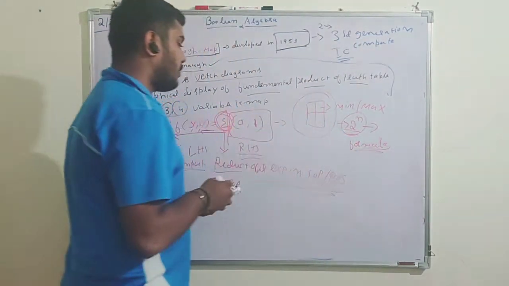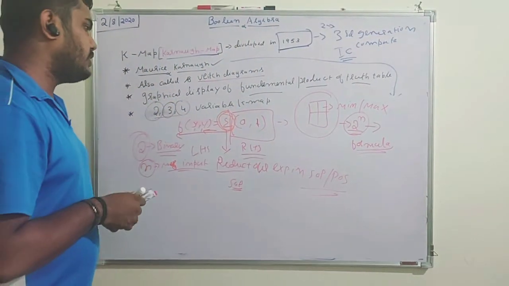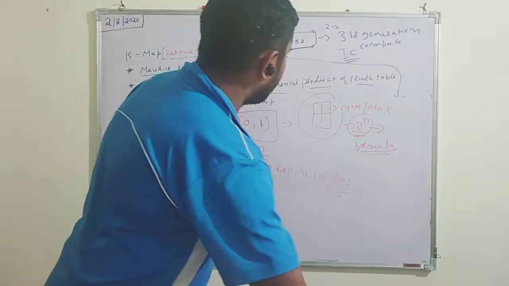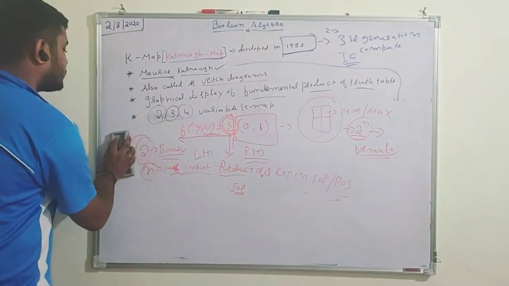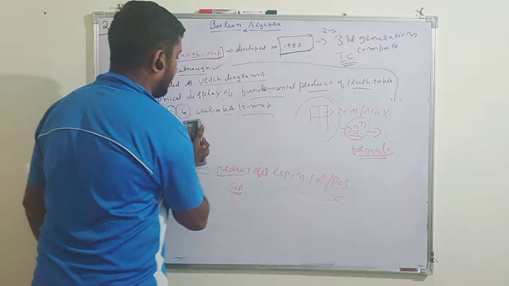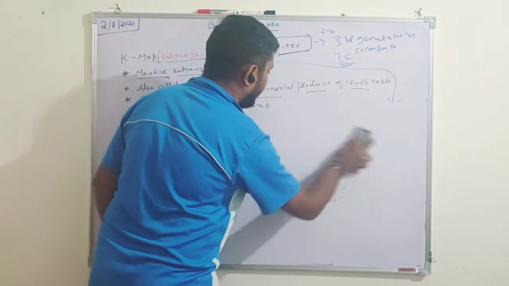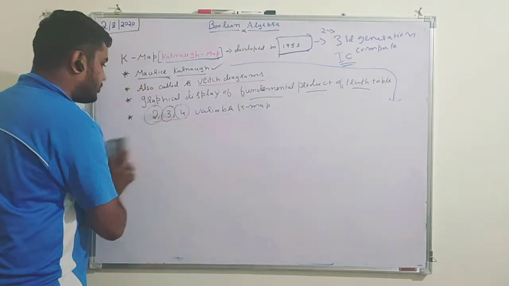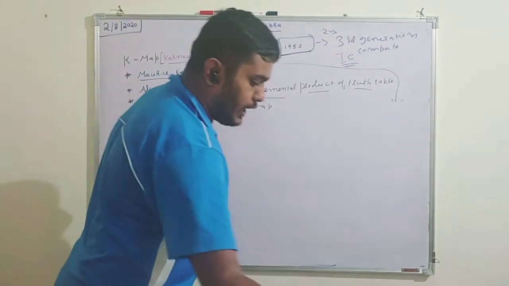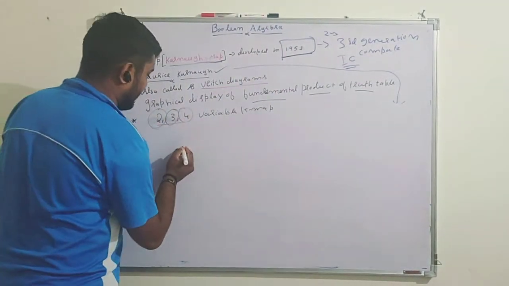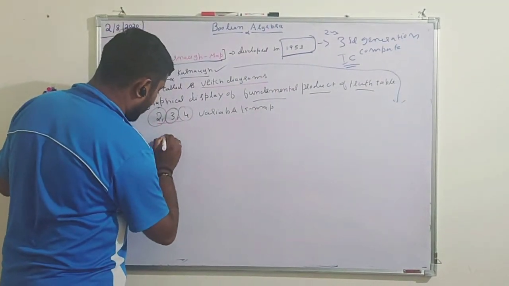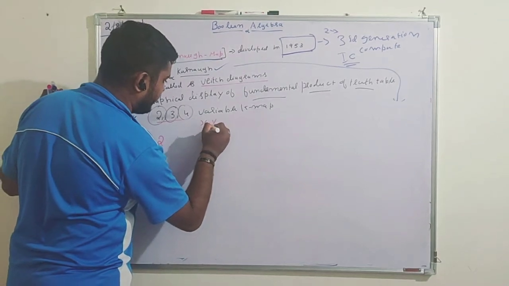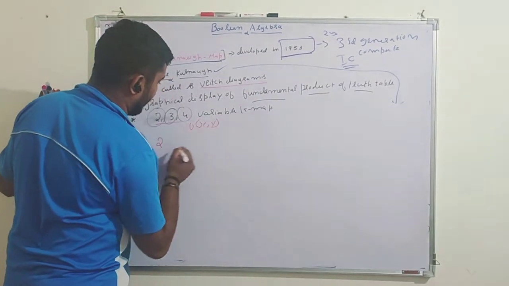Okay. So 2 to the power of n, when we draw a rectangle, we should use the 2 to the power of n formula. So now let us draw a K-map for the first, 2 variable K-map. When we draw a 2 variable K-map, we should have 2 terms, right? So I am going to take directly 2 terms, x and y. F of x and y are my input.